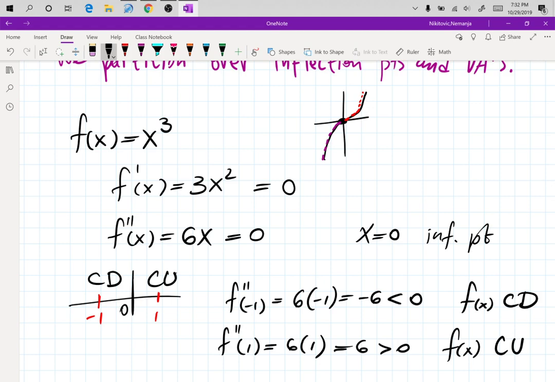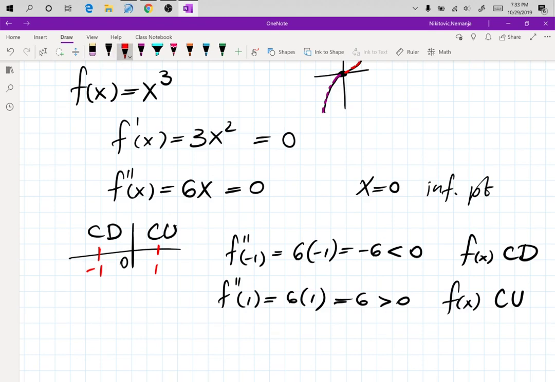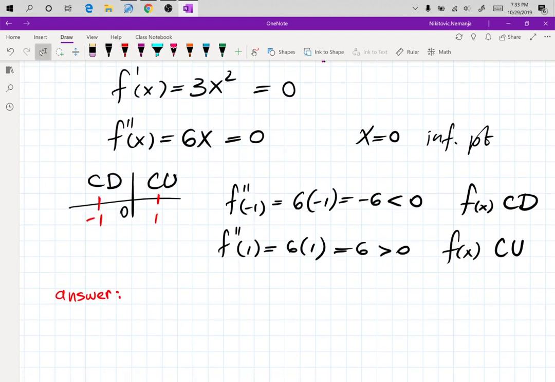Now, since our only critical point ended up being an inflection point, we do not have additional critical points for min and max, so no min, no max. You want the full credit? Sure, right? I mean, if you don't want the full credit, don't worry about the answer. But for the final, right, 2 points for the problem, you will write